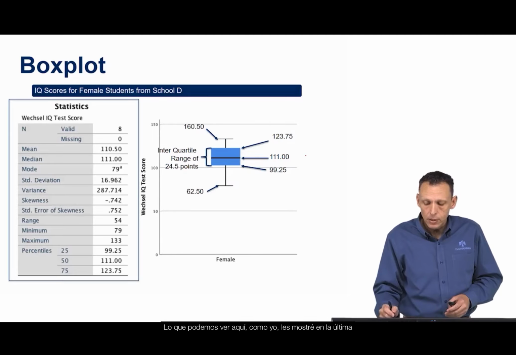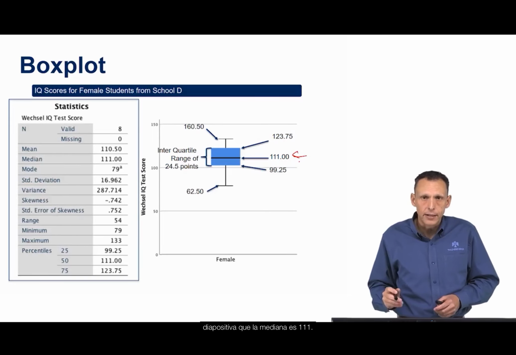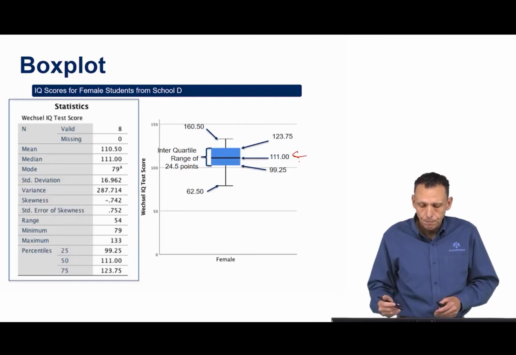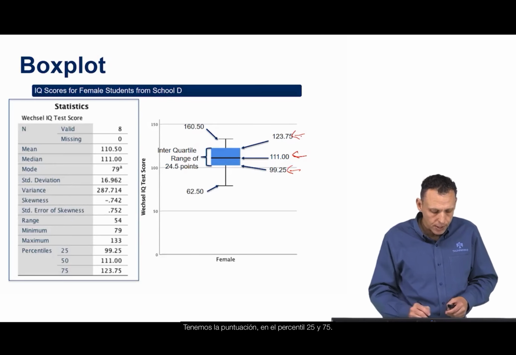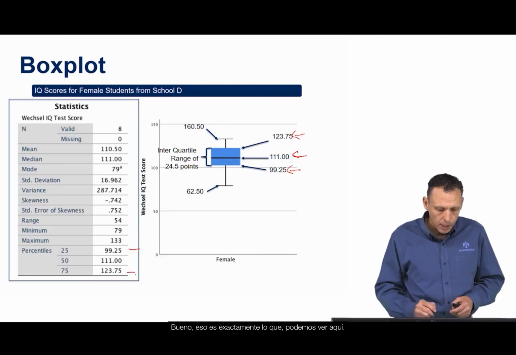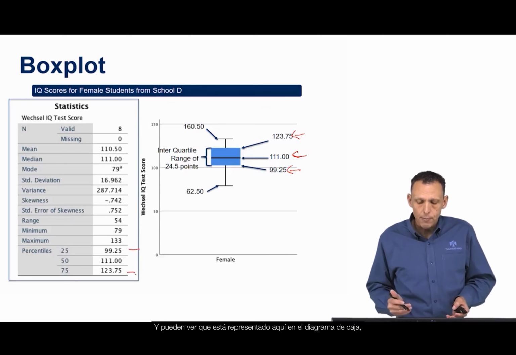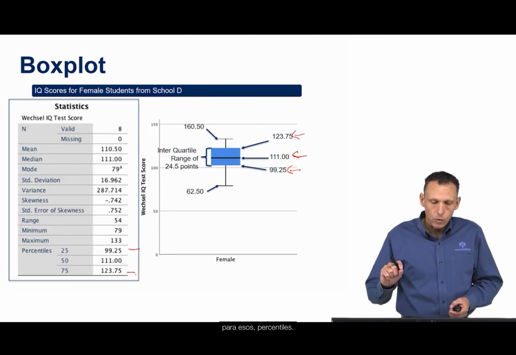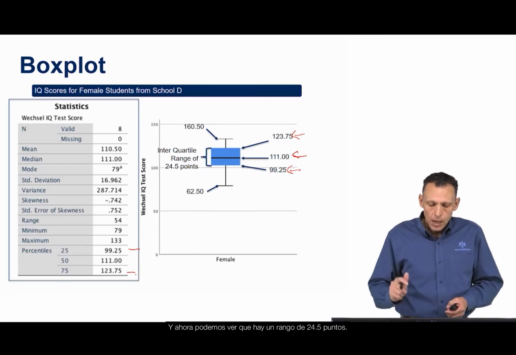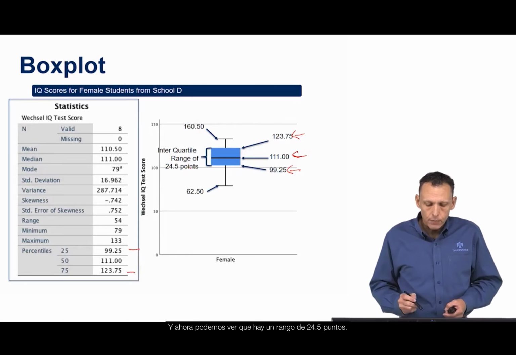What we can see here, as I showed you in the last slide, is that the median is 111. We have the score at the 25th and 75th percentile. Well, that's exactly what we can see here. You can see it's represented on the box plot for those percentiles. And now we can see that there's a range of 24